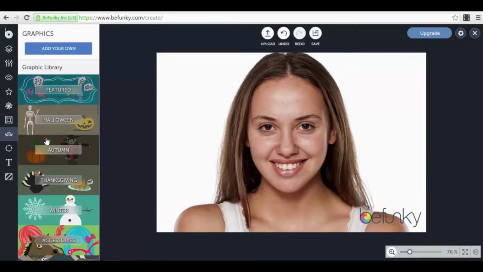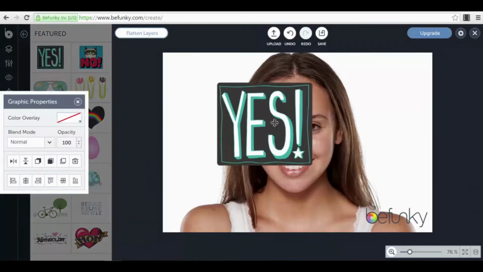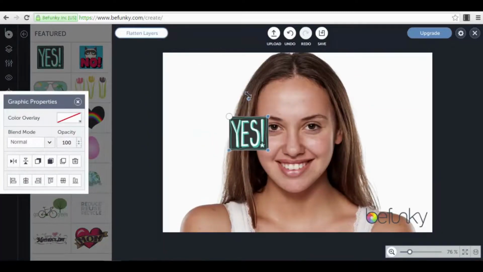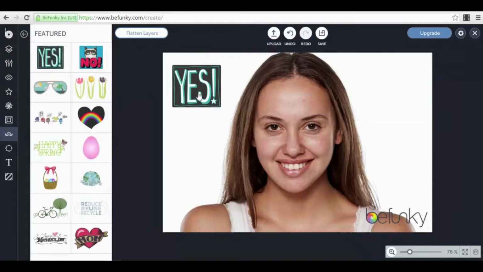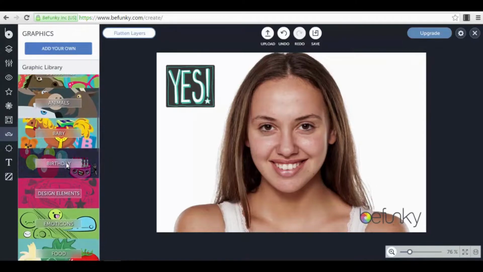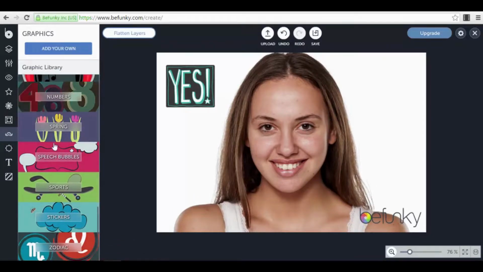Then you have different graphics that you can add. For example, let's have a look here. You can add something like this to your photo. You can resize it and put it somewhere like here. You can add different types of graphics that you have here. You can select from a very big collection of graphics. You can add your own graphics and icons. I will show you further in this course how to find very good icons and graphics that you can use